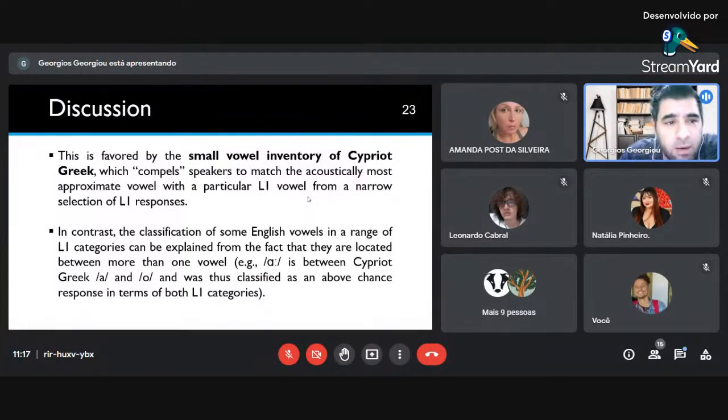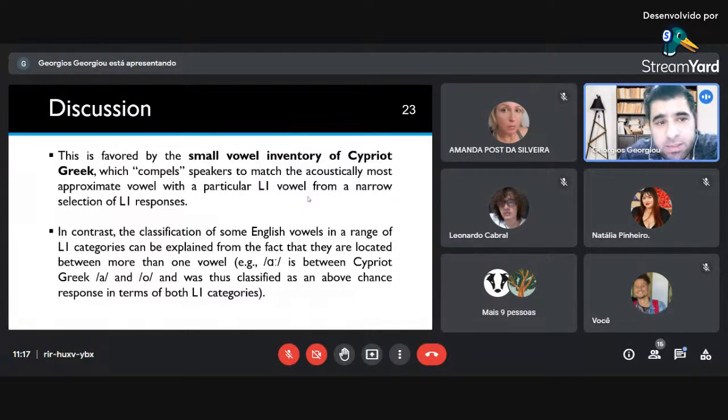compels speakers to match the acoustically most approximate vowel with a particular L1 vowel from a narrow selection of L1 responses. So since the Cypriot Greek has a small vowel system, it means that they will accommodate most L2 vowels into the same